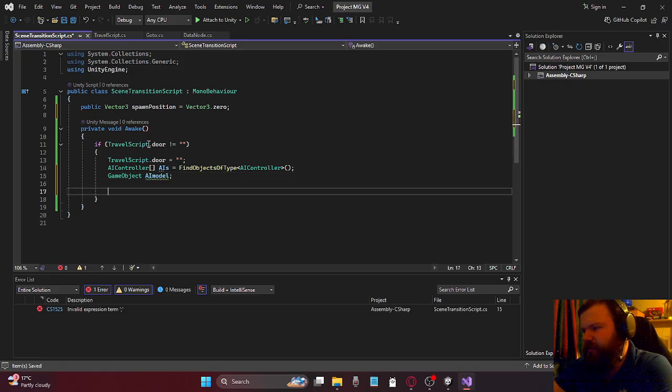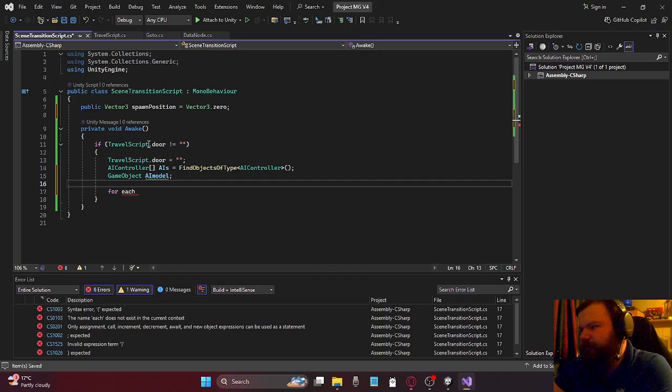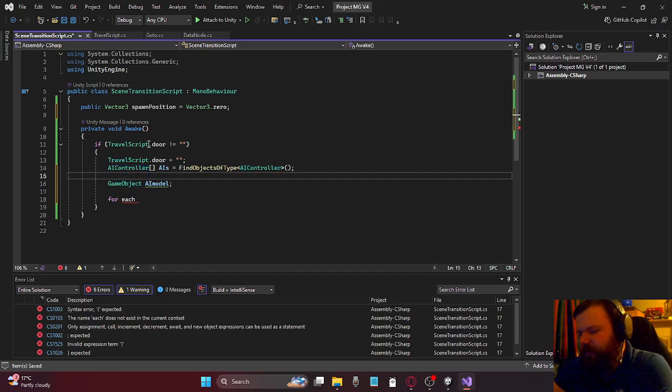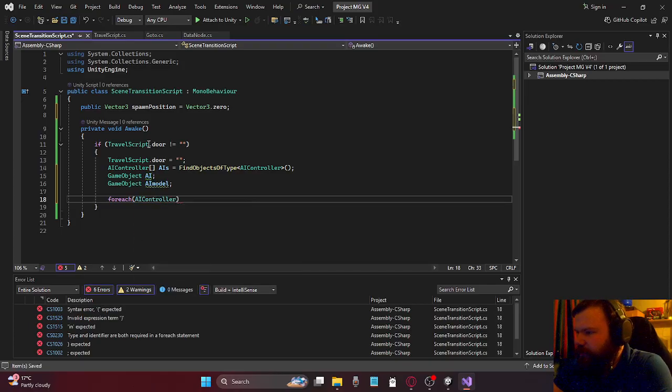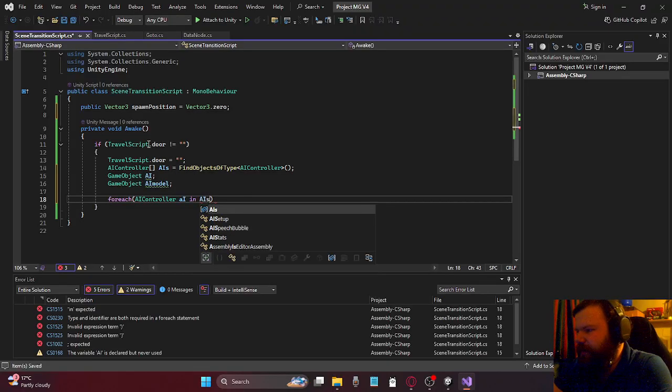It's not assigned yet, so we're going to quickly assign that. So for each GameObject AI, right, so for each AIController AI in AIs